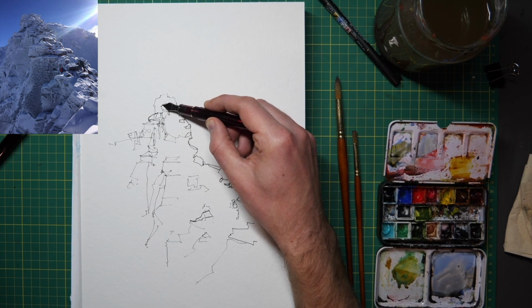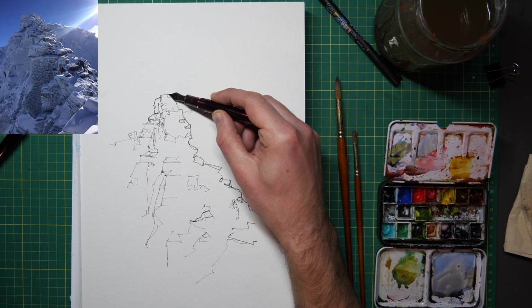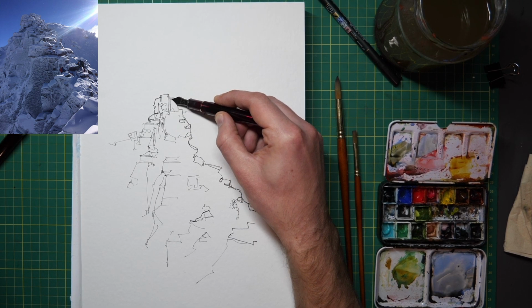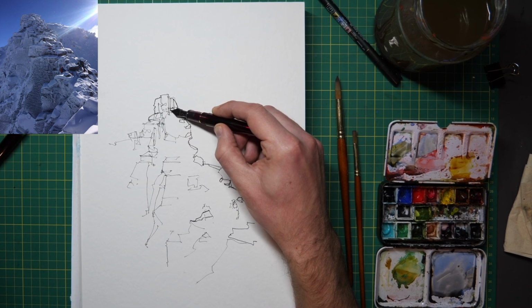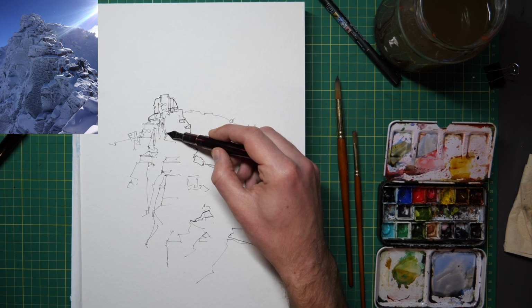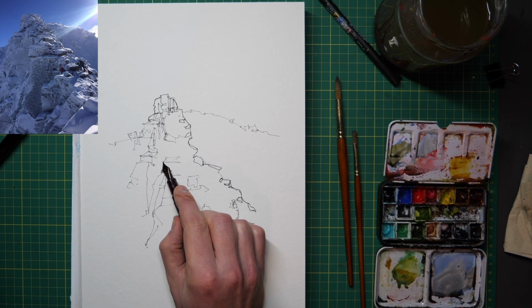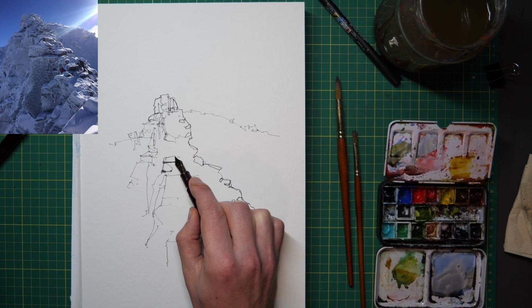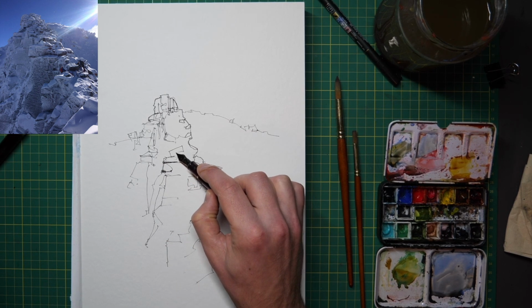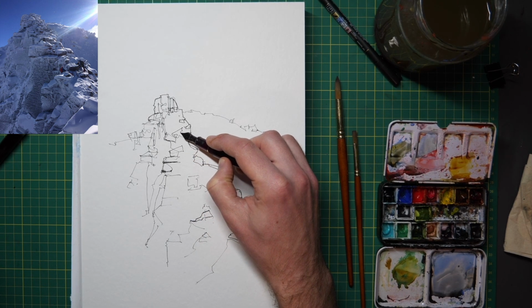What we don't have yet is a lot of feeling of all those sort of craggy cliffs. And for me, again, that's a rather important part of this scene. So now I'm finding those craggy cliffs. I'm suggesting them with quite simple shapes. Again, I'm just drawing kind of vertical and horizontal shapes within shapes to create that stepping stone feel